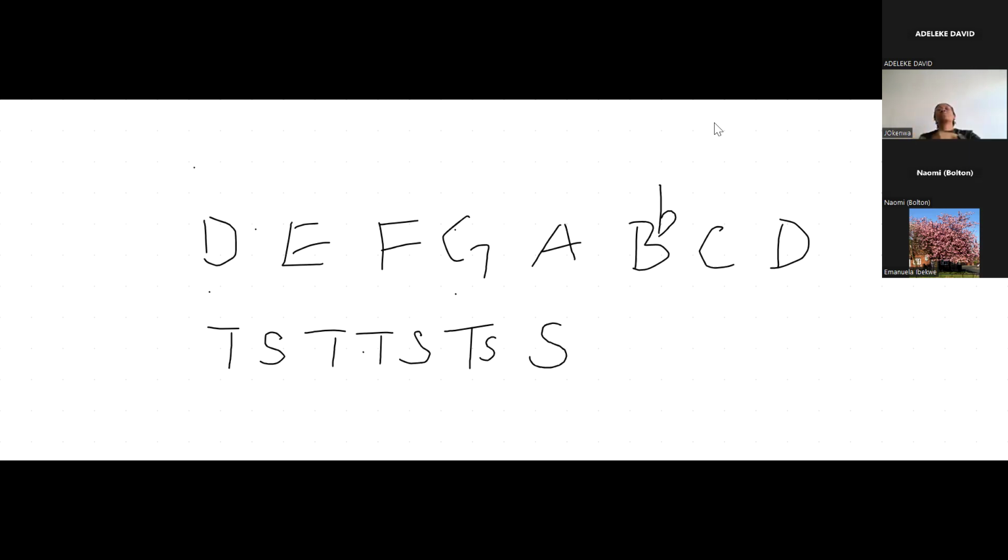All right, now let's check. With this pattern, we're going to know where we're going to sharpen or flatten. From D to E is correct to be a tone, right? E to F, is it correct to be a tone or a semitone? A semitone. So we are still on the pattern, right? F to G is correct to be a tone. G to A is correct to be a tone. Then A to